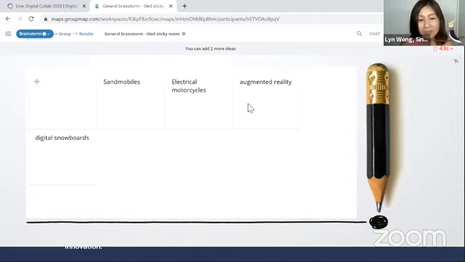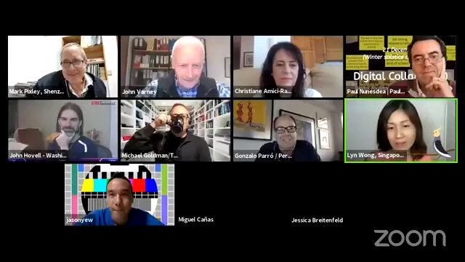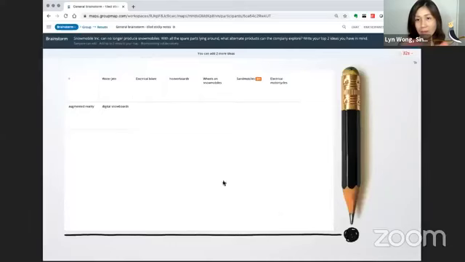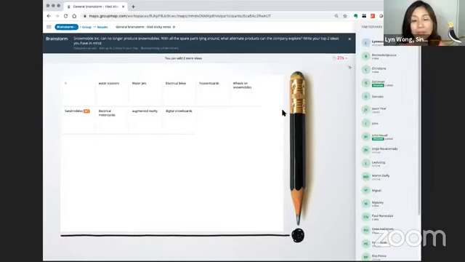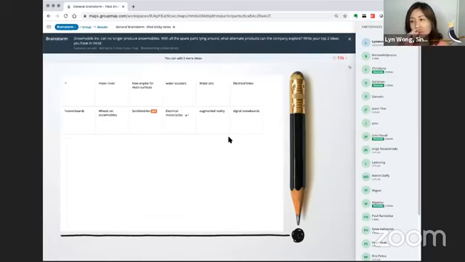Jason, you want to hand the share screen to me? Sure. Thanks. I don't know what's going on. And that's your screen. How do I get to my screen? You click away from the Zoom screen. You go to the web page, the website that you're using. You can be on Google or Firefox or Internet Explorer. When you click on the link in the chat, it will bring you to a website.